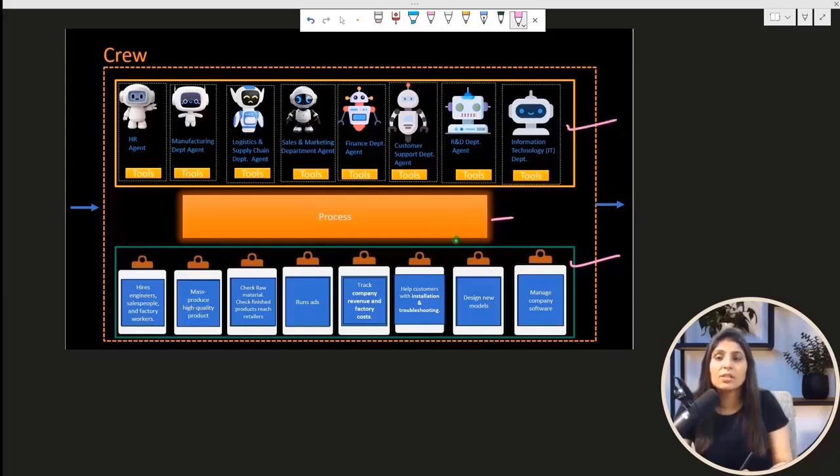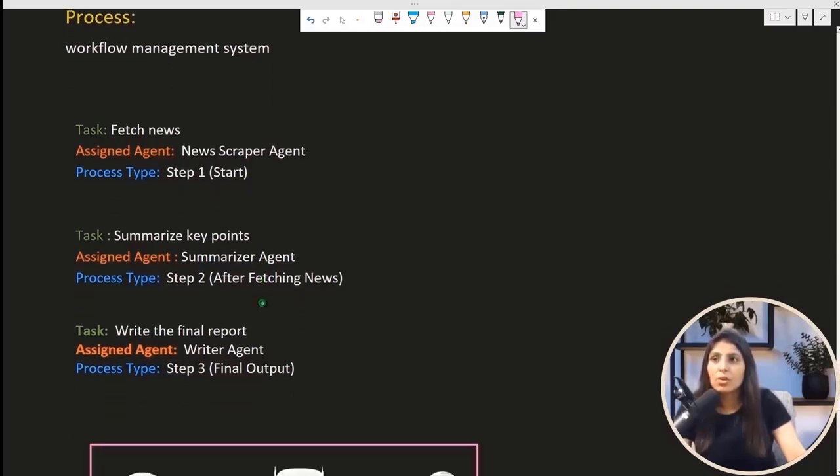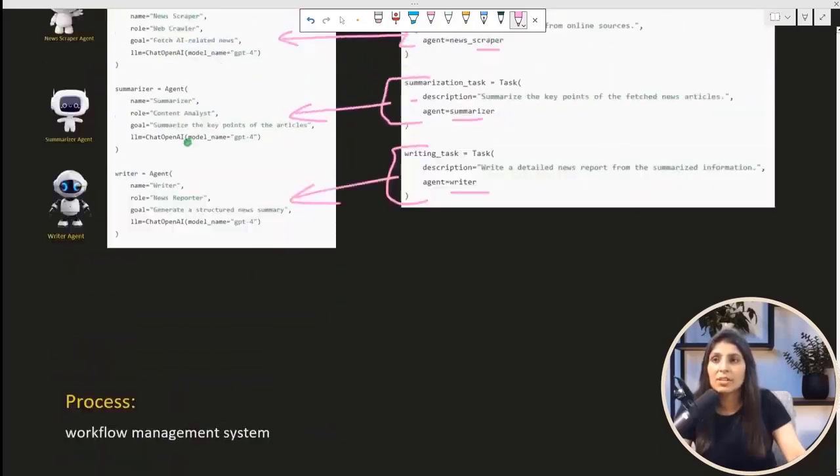Now the next thing is process. Let's understand this. See, process is a workflow management system, meaning it will see which tasks should be done first and which task should be assigned to which agent. So see, let's take the same example, this news summarization.